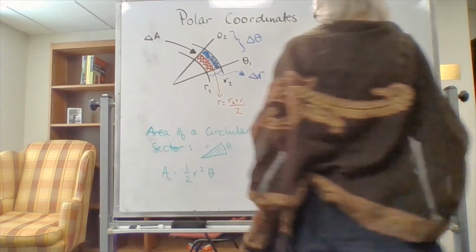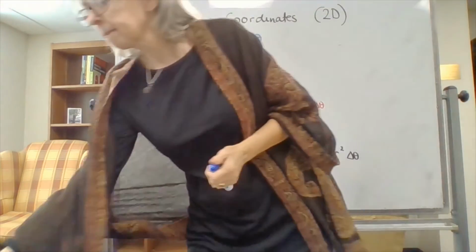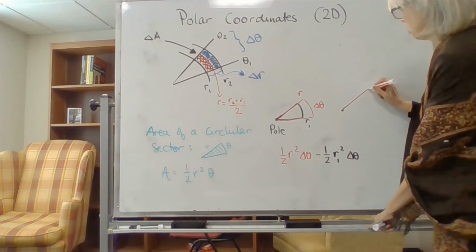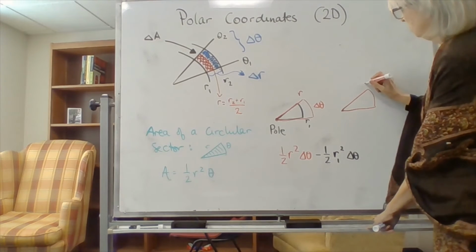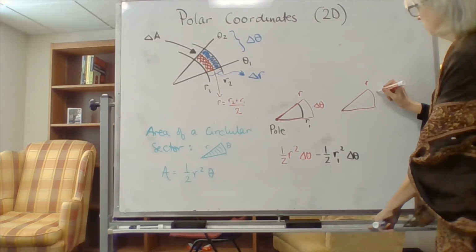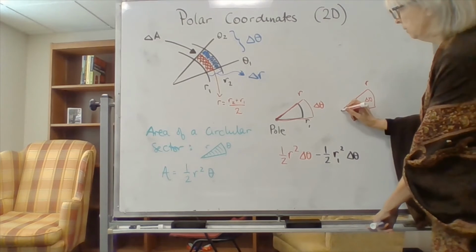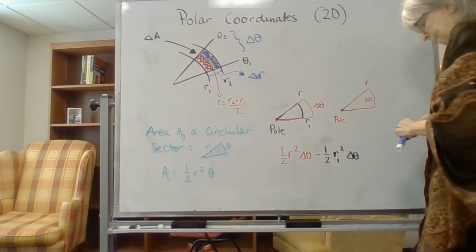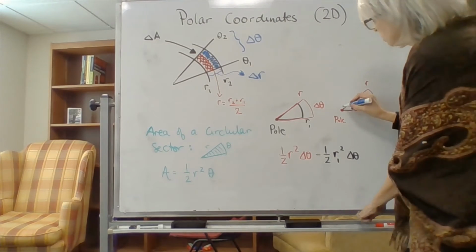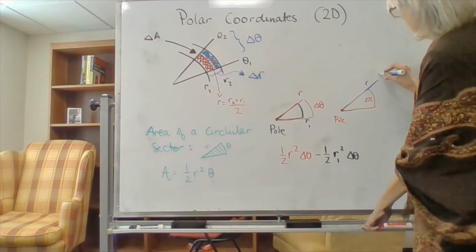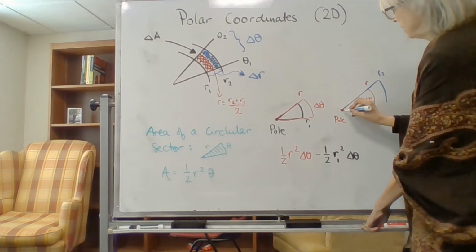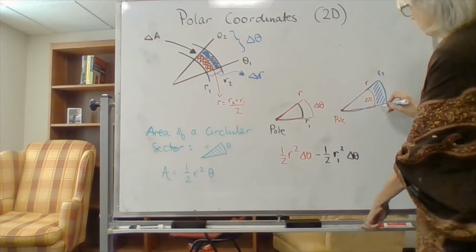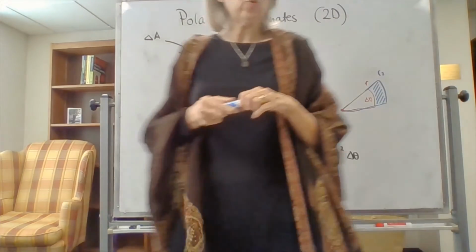Now that other piece came from starting at the pole, going out to R with an angle delta theta, still the pole, right there. And then, starting at the pole, go all the way out to R2, make the same angle theta, and if I find the difference between those two areas,